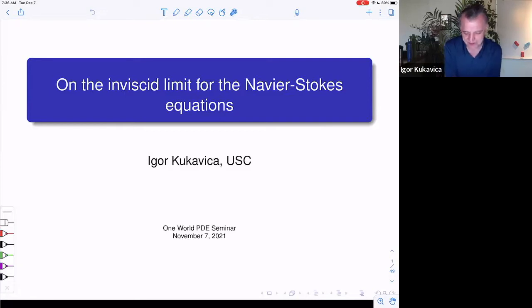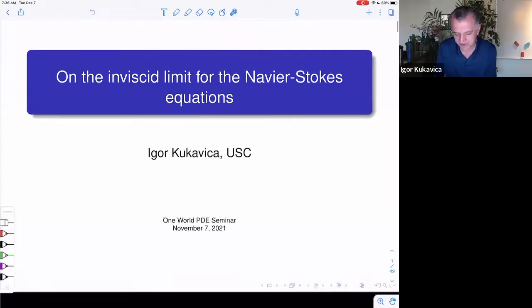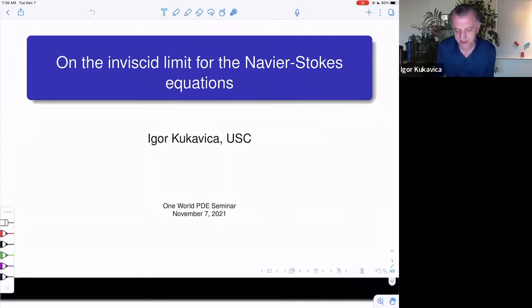So I'll talk about the inviscid limit for the Navier-Stokes equations. I will not assume much prior knowledge about fluid equations. I hope I'll not be too obvious, but I just wanted to give a rather general introduction